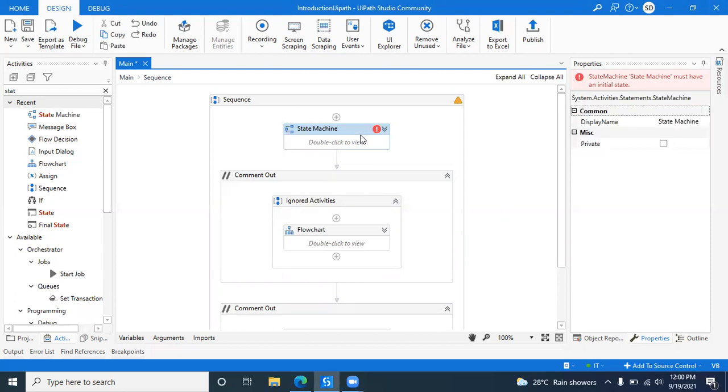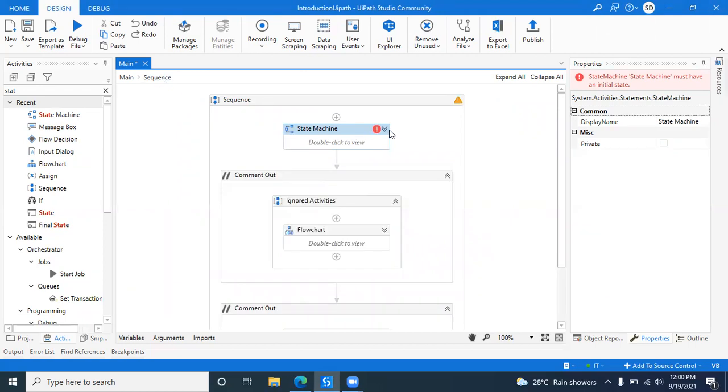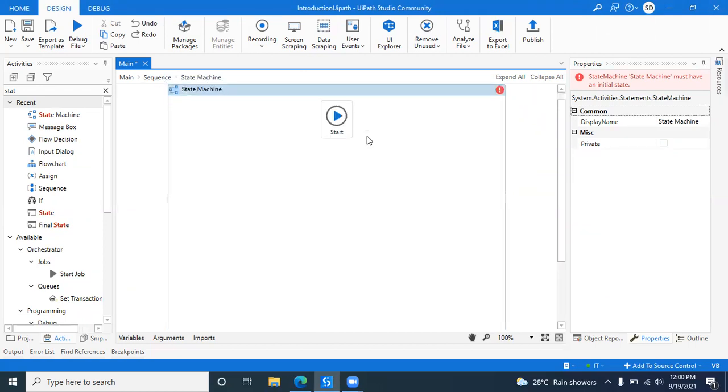Right now I'm just telling you the general concept, but if you want to understand in better detail, you can go to the RE framework. RE framework is based on this state machine only, but the basic concept I'll explain here. In a state machine, what is happening? You can see a state machine is like a flow chart, but whenever there are transitions from one state to another state, this state machine is used.